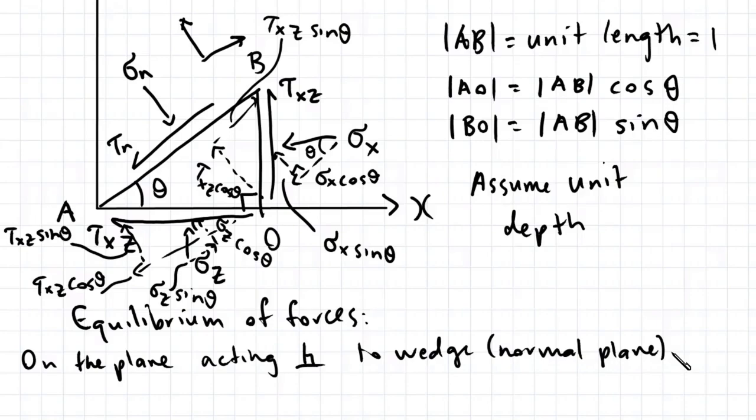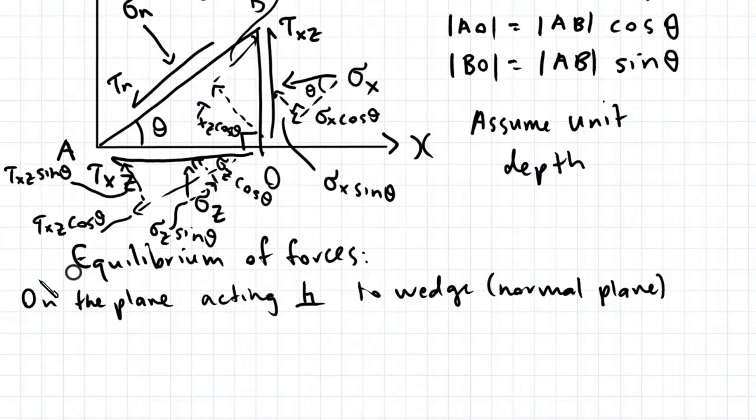And because we are evaluating forces, we have to multiply these stresses by the area which they're acting on. So just move this down a bit. Okay, so sigma n, that's acting on the area AB multiplied by 1 because unit depth, so I'll just write that as AB equals to, so all the forces that are acting in the opposite direction now to balance out the normal force, so sigma x